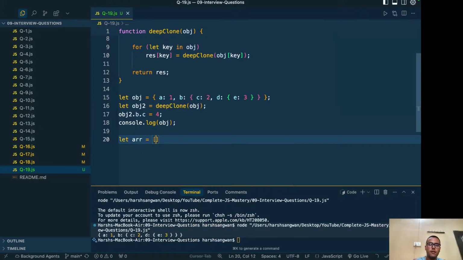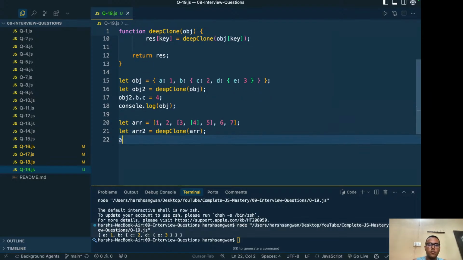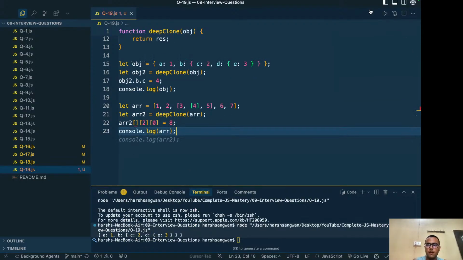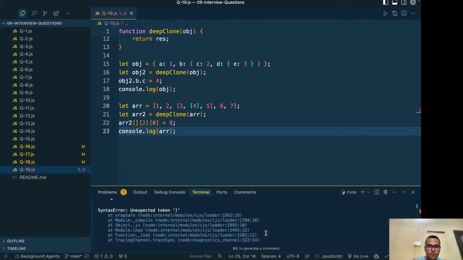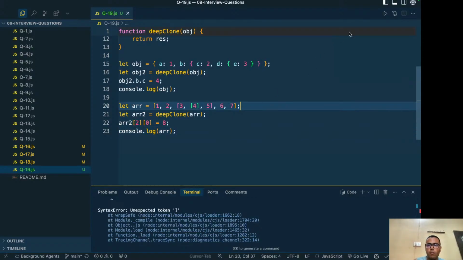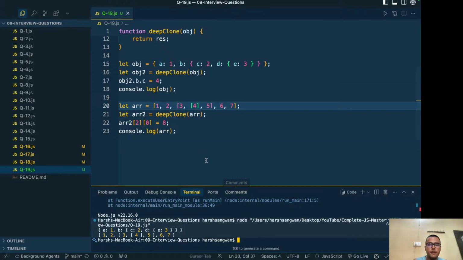Let array equal to 1 2 3 4 5 6 7, let array2 be the deep clone, and changing index 0 1 2 is not being reflected inside array,